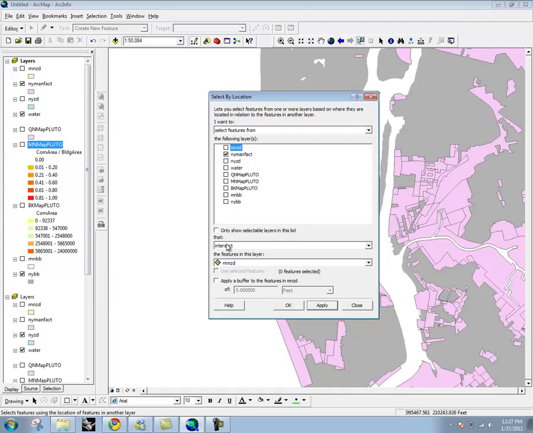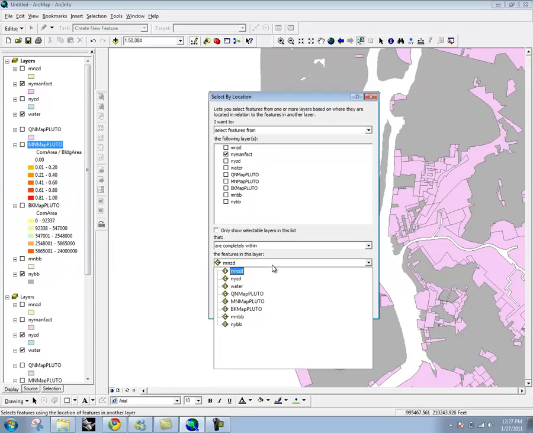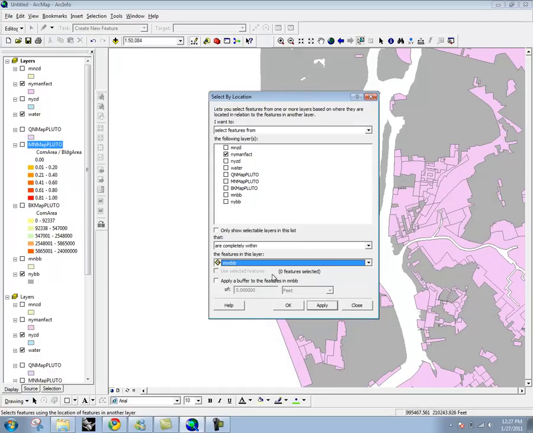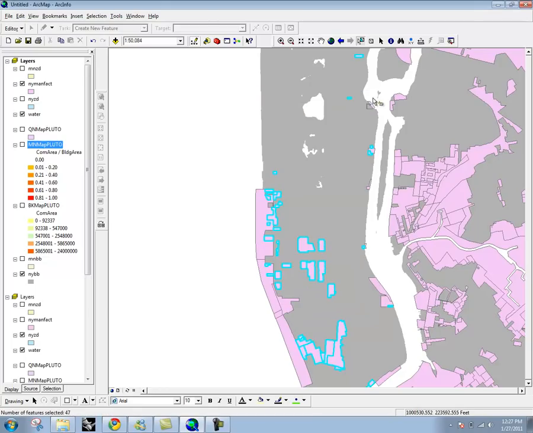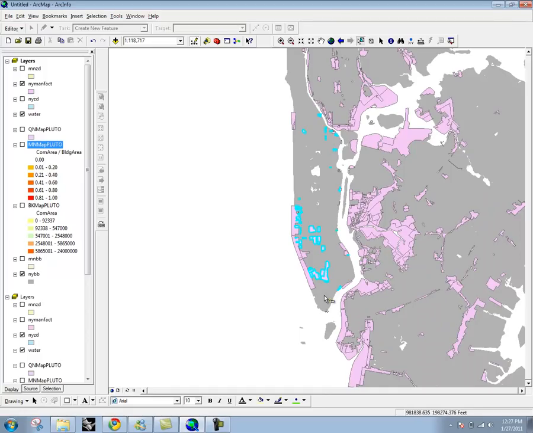that, and then you have this series of qualifiers here, and you can say, like, that are completely within Manhattan BB. So now it's only selecting all of those shapefiles that are completely contained, like none of them are intersecting the